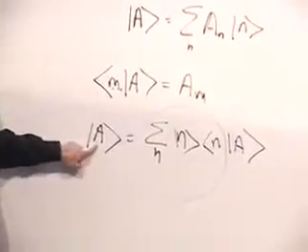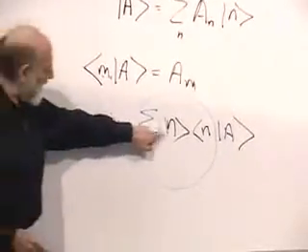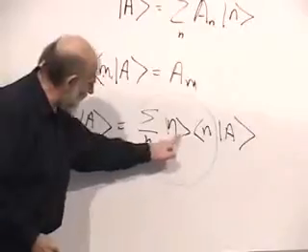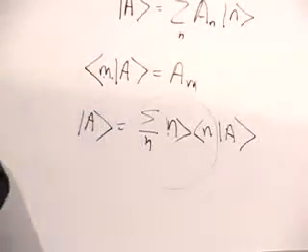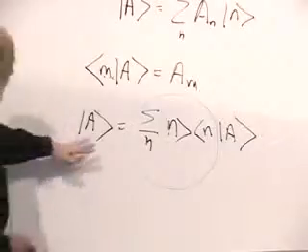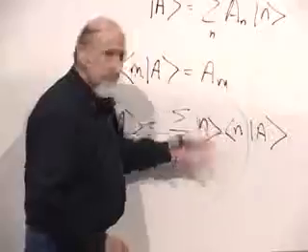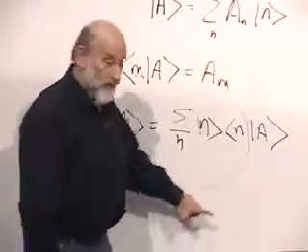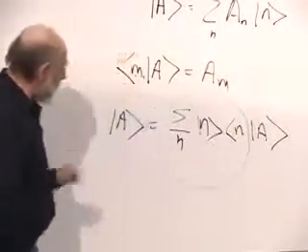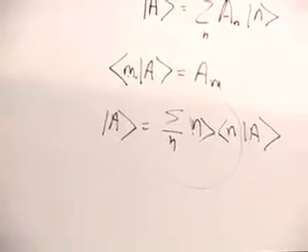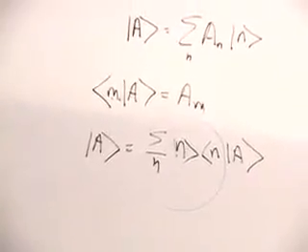It just gives you back A. So keep that in mind. It's a real thing, but it can be thought of as the unit operator. The unit operator on A gives you back A. But if you didn't understand that, it's not important. This is a correct expression. So now,